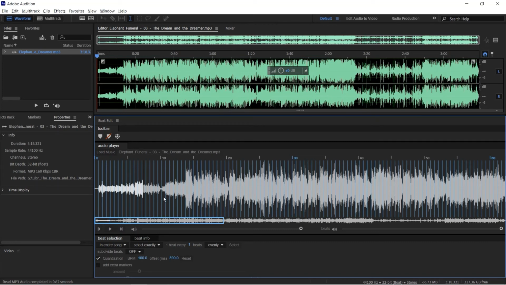So what it's doing here is taking the beat from later on and backtracking it to where there's no beat at all here. So that's it for quantization. The important thing to remember here is if you're in doubt, leave this box checked and it'll divide up your beats